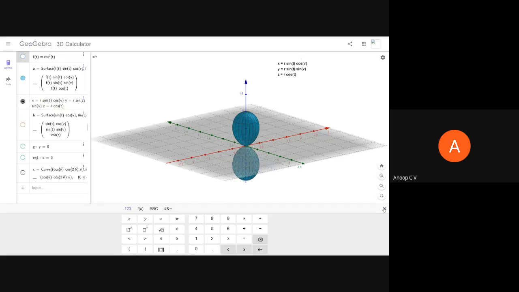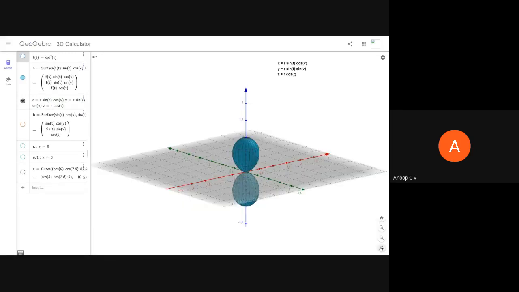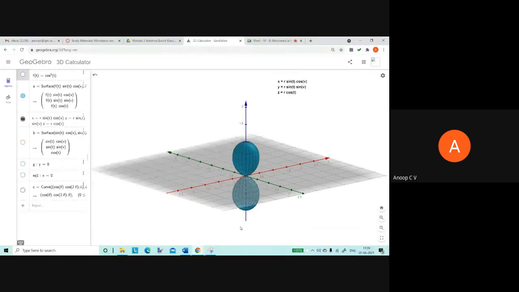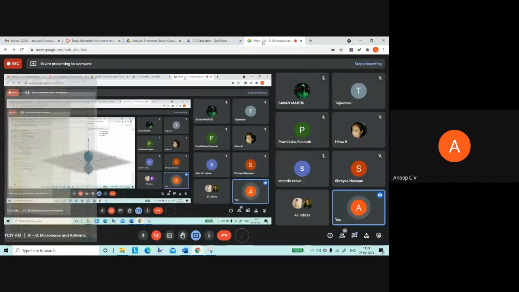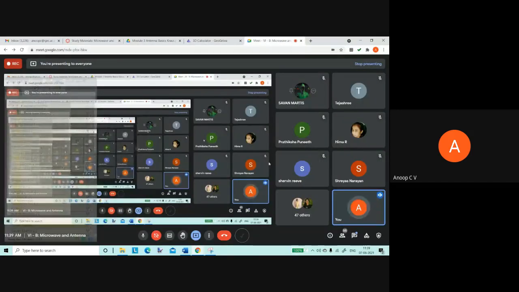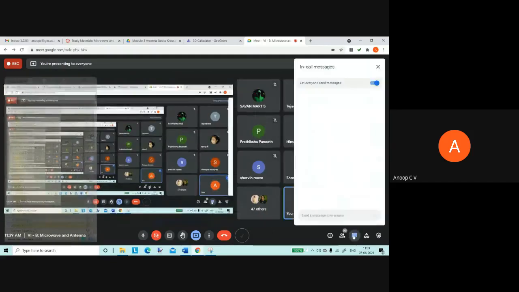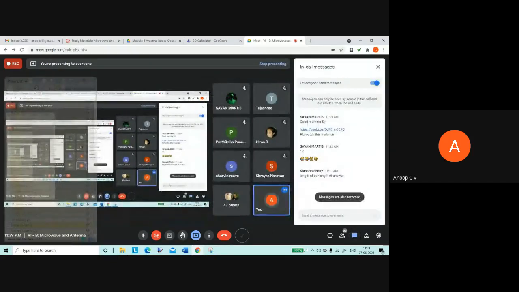So I think that's it, right? Now I would like to pause for say 1 minute, and I would like to hear if you have any doubts. Anyone has got any doubts? Was it helpful seeing this radiation pattern in GeoGebra? Please respond. Did it give you some more insight? Because if you don't know what a radiation pattern is, then there is no point in discussing the remaining parts, right?